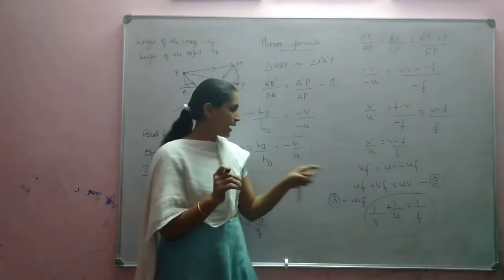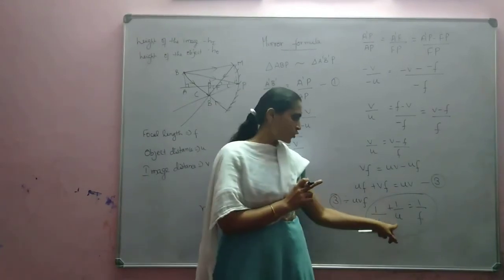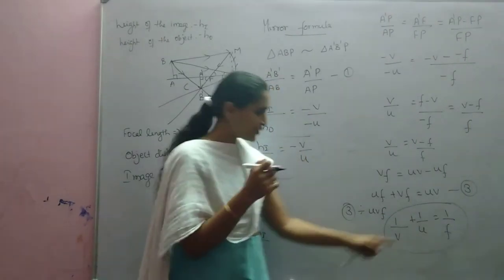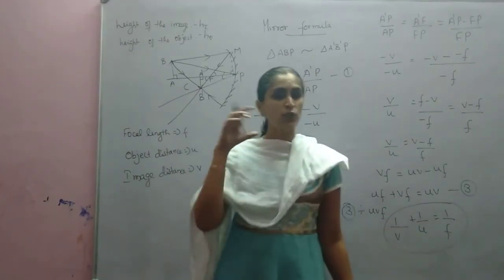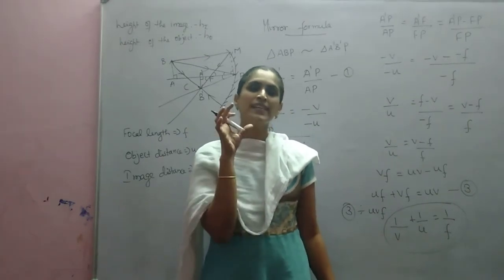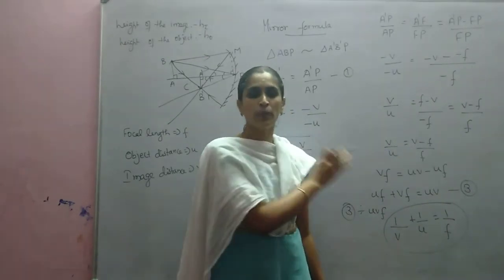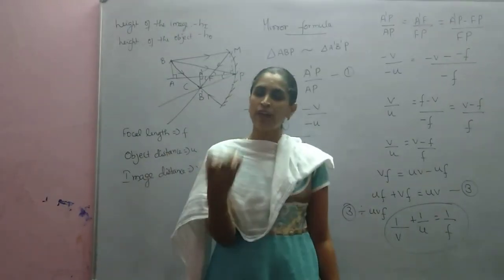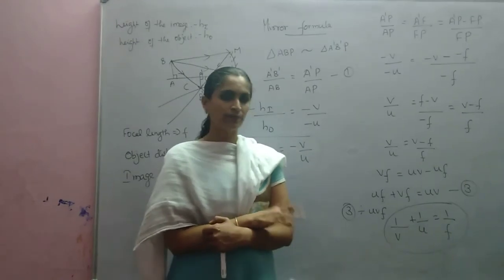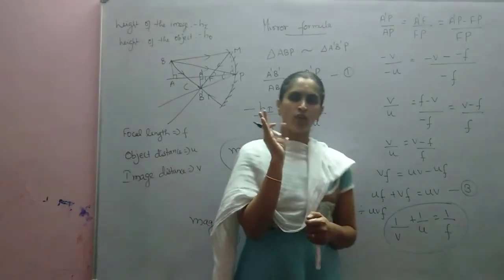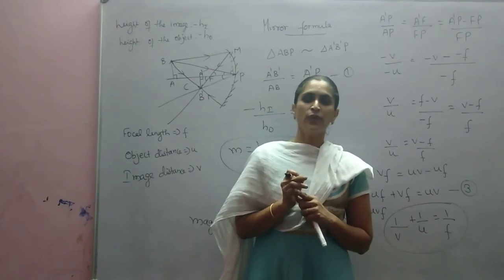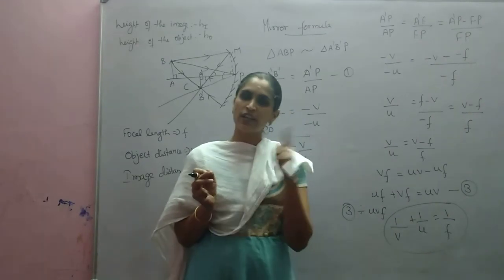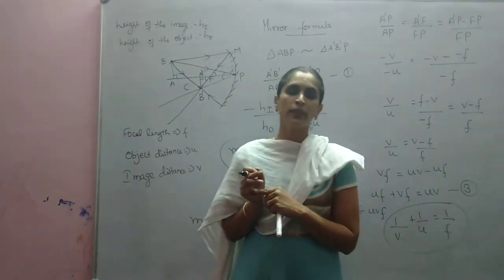Okay. And when you are solving problems based on this formula, what you have to see? Even though by applying sign convention we got this result, when you are solving problems, whichever quantities are given, for them you have to apply sign convention, and for the unknown quantity automatically we will get the value with proper sign convention. Okay, understood? And always two things you have to keep in mind when you are solving problems. Whichever quantity is given, for them only you have to apply sign convention. For the unknown quantity, no need to apply sign convention.